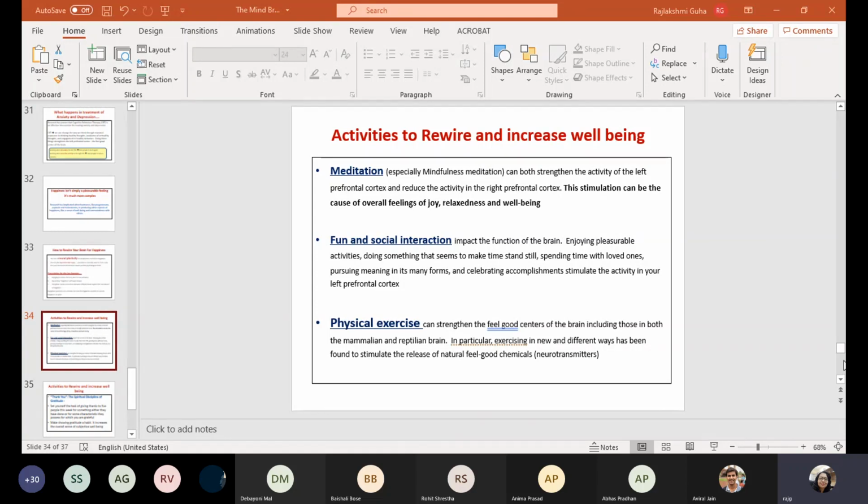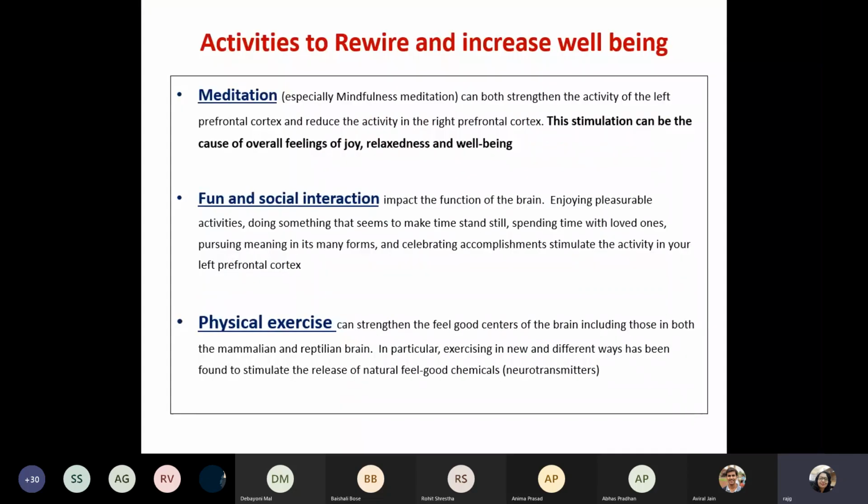Why I brought this up is that, because we are primed to be with nature, because we are primed to social interaction, if we are kept in an artificial environment, it disturbs our mental balance. So to feel good, to be happy, to not feel the negative emotions, you need to have fun, you need to have social interaction. Just to give you an example, most of the people who have been isolated and staying at home for these last 2 years feel negative.